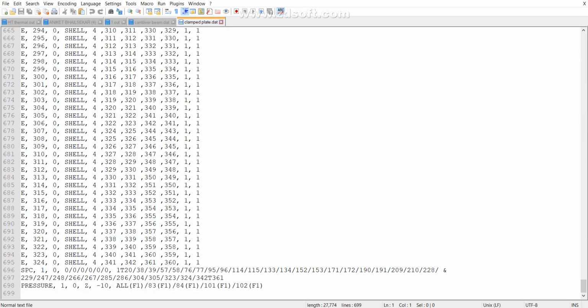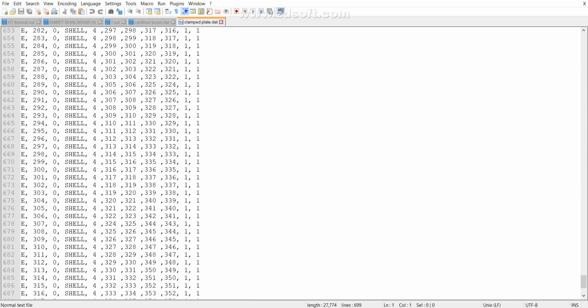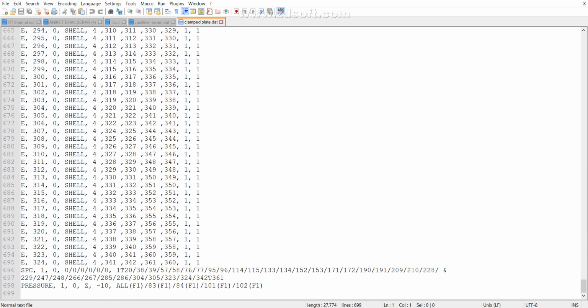So at any moment, if you want to change the data, you can simply change it here, and you can save this, and directly open this file in Notepad. So this is basically a Notepad file. If I want to change the value of pressure, I can simply change the value of pressure here itself,